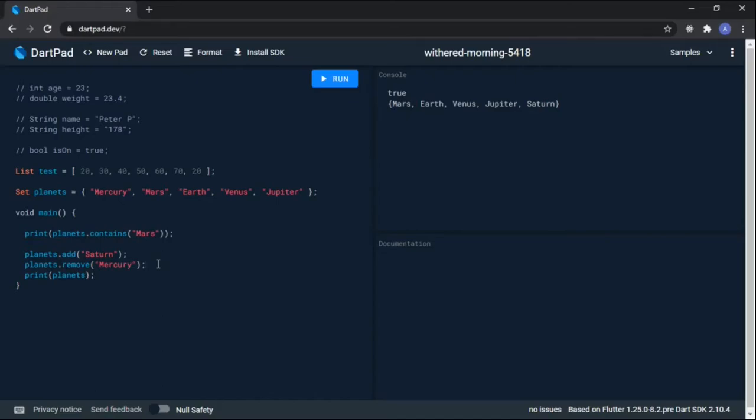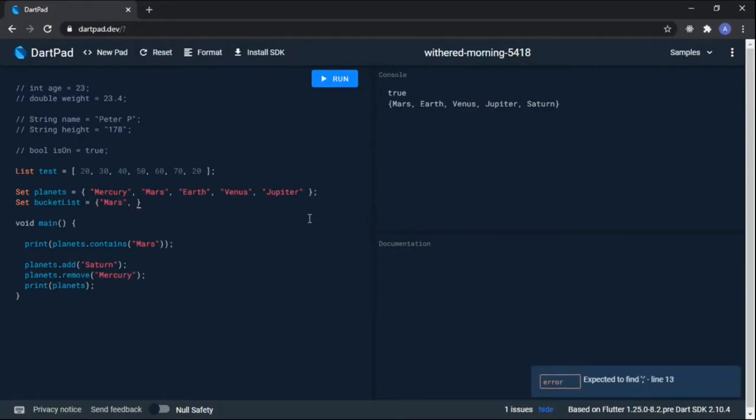There are other methods you can use, but we can't look at all of them. And let's look at actually one more or two more. Intersection, which says you do this to see whether a particular set's elements are actually in a different set, right? That is intersection, right? We say set. I'll just make a new one, I'll call it bucket list, and I will say Mars. This is just an example. So let's put Saturn. Actually, let's put Saturn in there, and